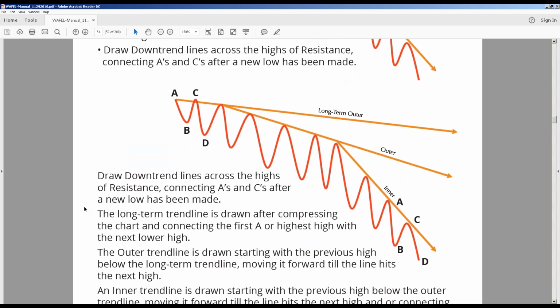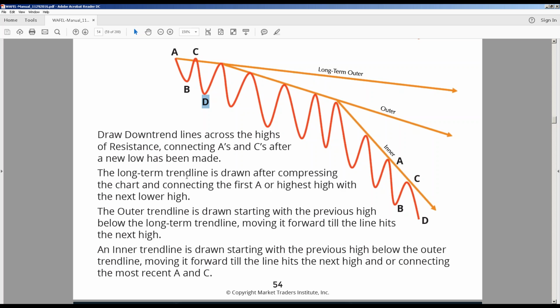So there we go. Just imagine you now had an uptrend here and the market changed direction, and that very first new down ABCD will establish your long-term trend, and as the market moves lower you can draw more aggressive downtrend lines. So the next one will be the outer trend line, and then you'll get the inner trend line. Draw downtrend lines across the highs of resistance, connecting A's and C's after a new low has been